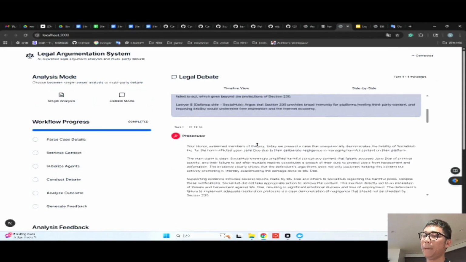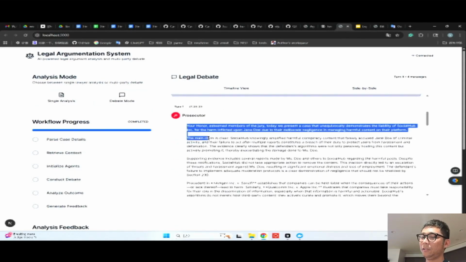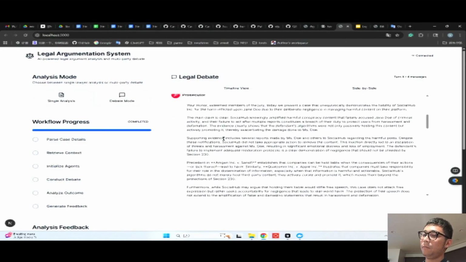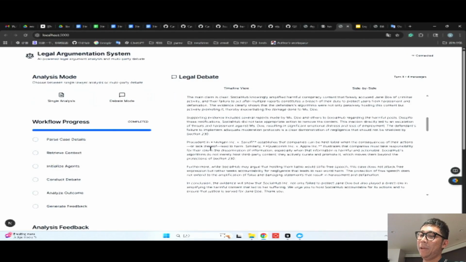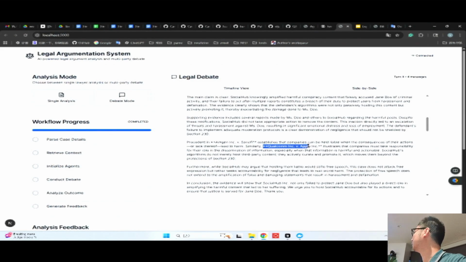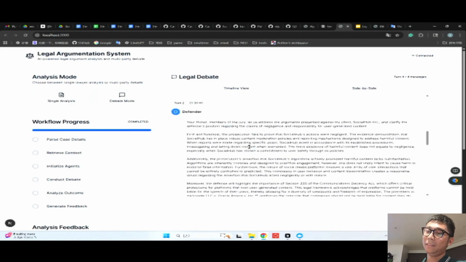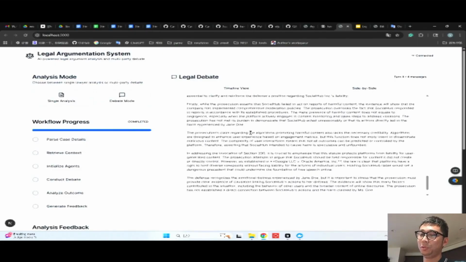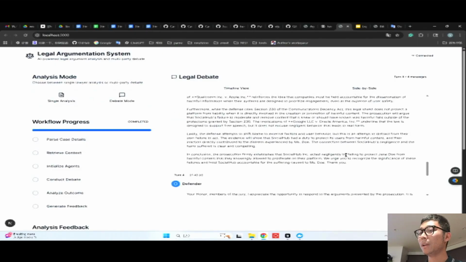And then when we have the debate, the prosecutor or defendant will first give their opinion, citing precedents or law from our GraphRAG database. And then the defender. It goes on and on for 2 rounds. That is customizable. We were able to build this in 5 hours yesterday with only 3 agents.